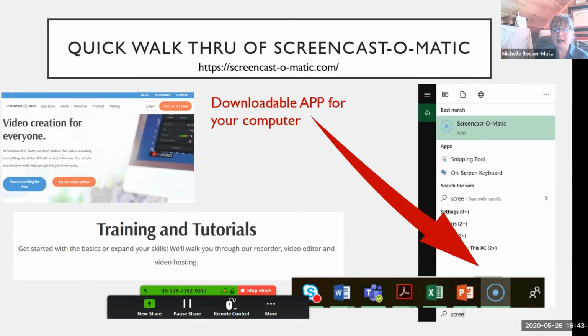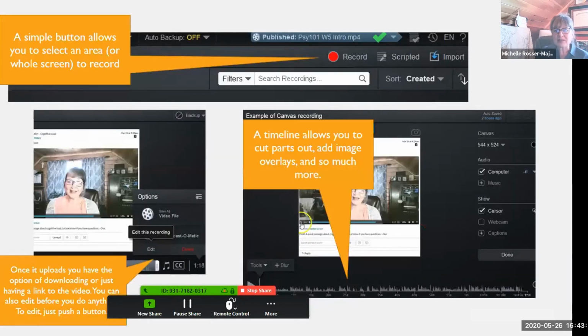Screencast-O-Matic also has tons and tons of training tutorials, very easy to understand. And the website is just very easy to find. There's a simple button to record. When it pulls up, you just select where you want to record. So it might just be half your screen you're recording, or just that little discussion area. You can pull that little square just to record what you want. You push record. You can actually make it so it only hears the computer audio. Maybe it just hears your audio. And it's just all these really simple buttons.